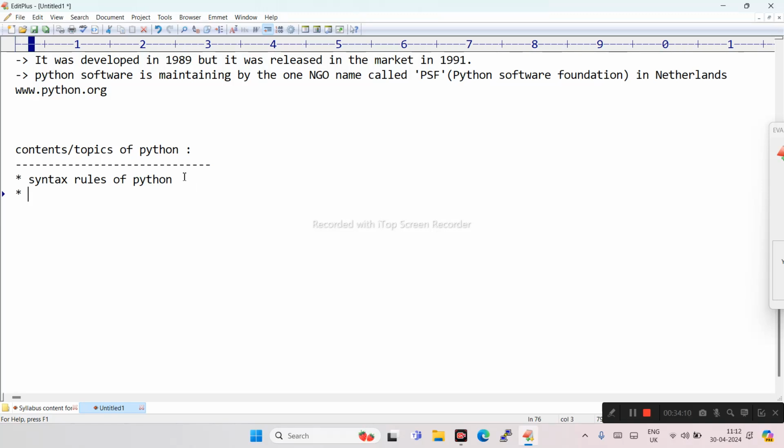The next one is data types in Python. How many data types are there in Python? What is the use of each one, and where do we use these data types? All this information we will learn in upcoming classes.